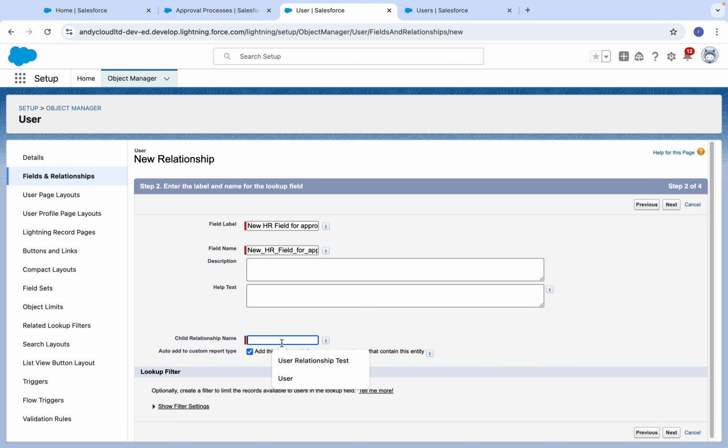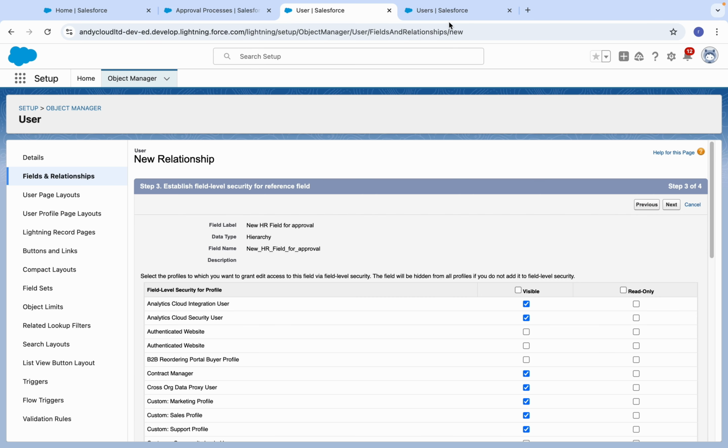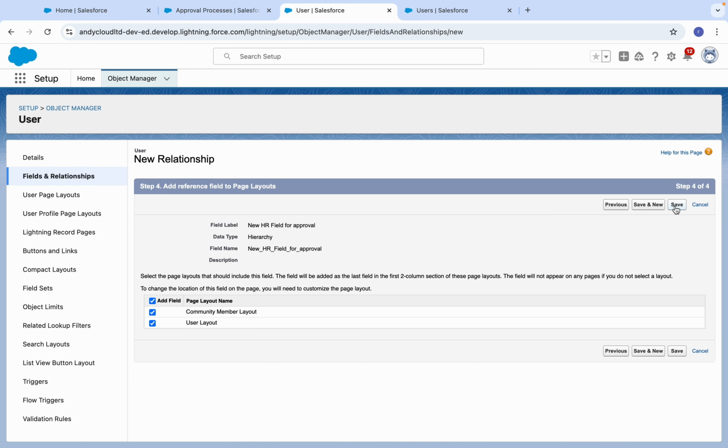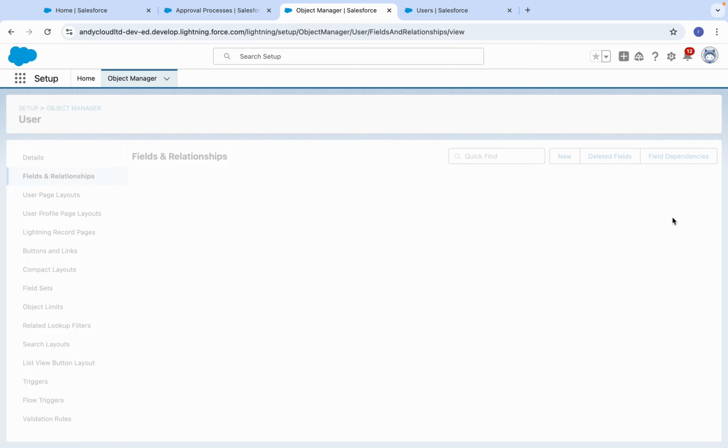Child relationship name user. We need it in the same user object, so we need a relationship with the user object, a self relationship. Next, save. Okay, now it's created.